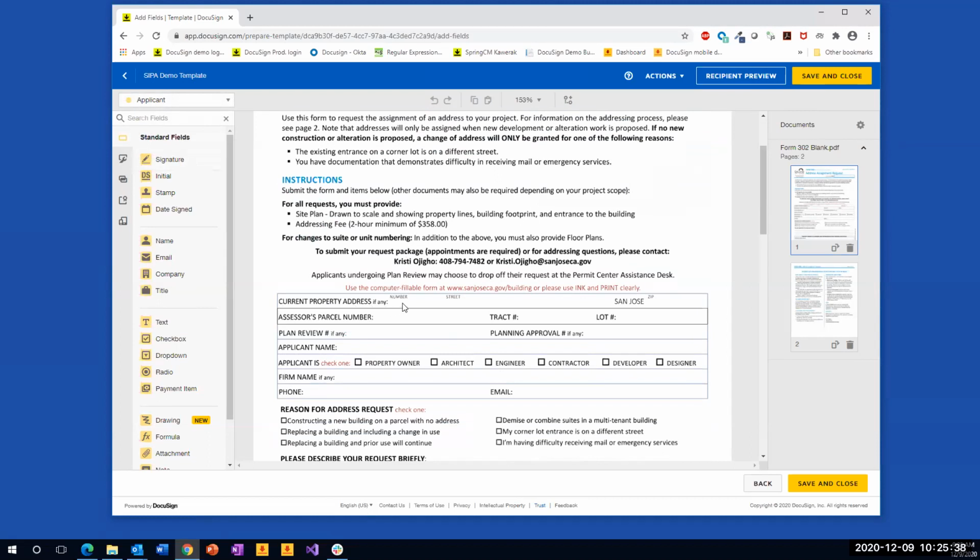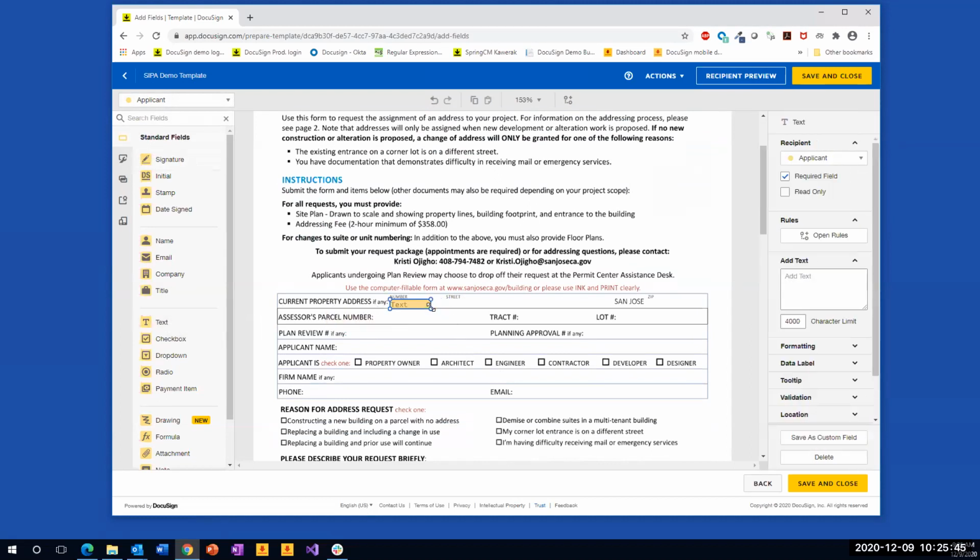There is a street number here. So what I do is I drag over a text box, put it here like this, and I can put in a data label and call this street number like this, and then street name, right? Again, drag and drop across like this, and I can again label this as street name.